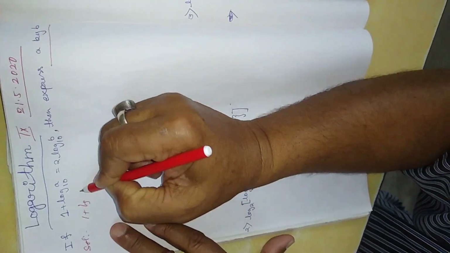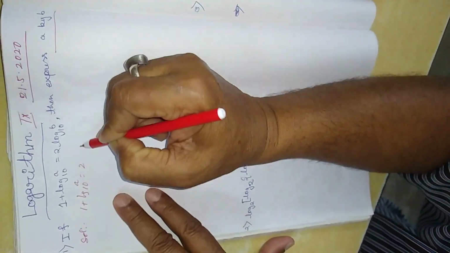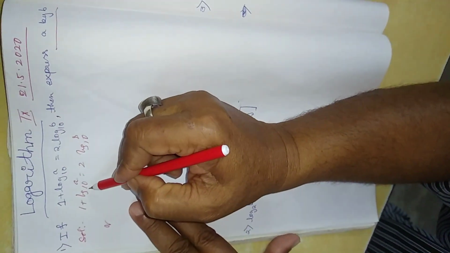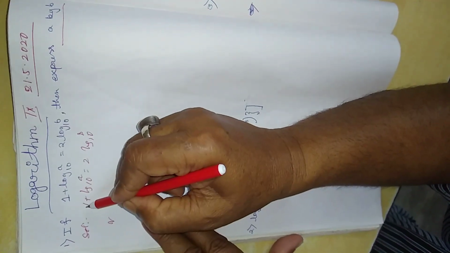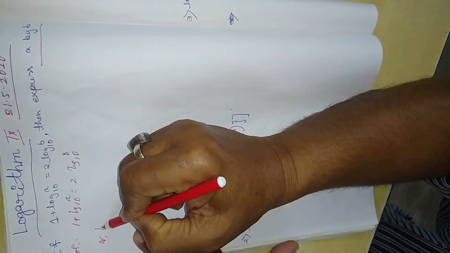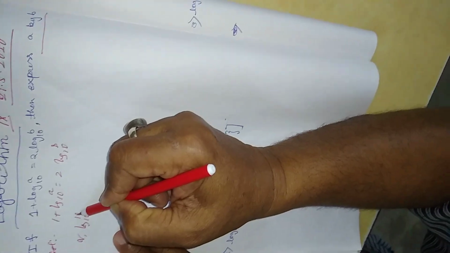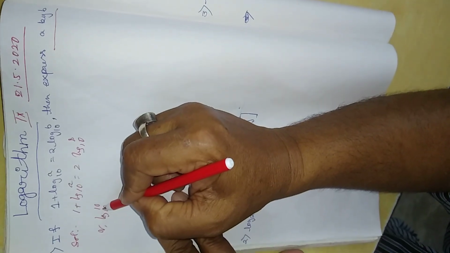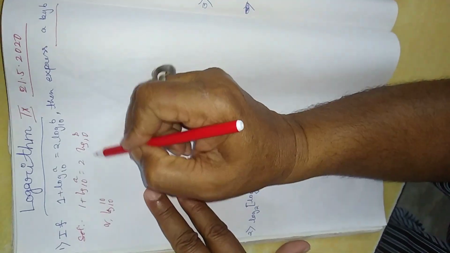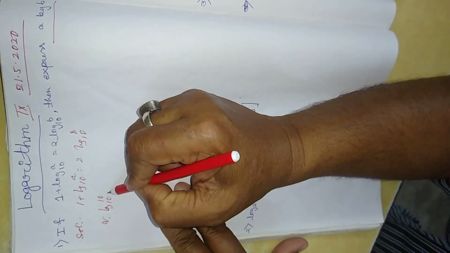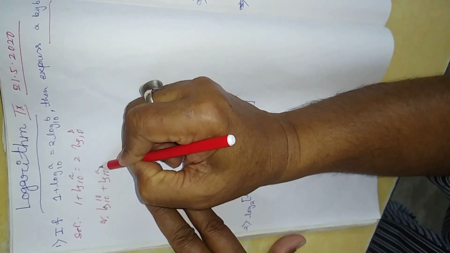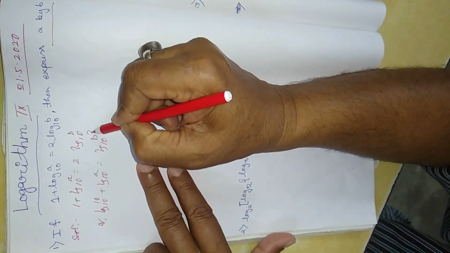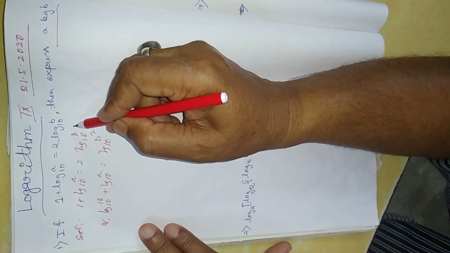1 plus log a to the base 10 equals 2 log b to the base 10. Here the base is 10, and also the base is 10 here. So you have to write 1 as log 10 to the base 10, same base, same number, so that is 1. But here the base is 10, for this reason I am writing the base is 10. But there is no problem here. Log 10 plus log a equals log b square. This 2 goes to the upper of the b, that is square.